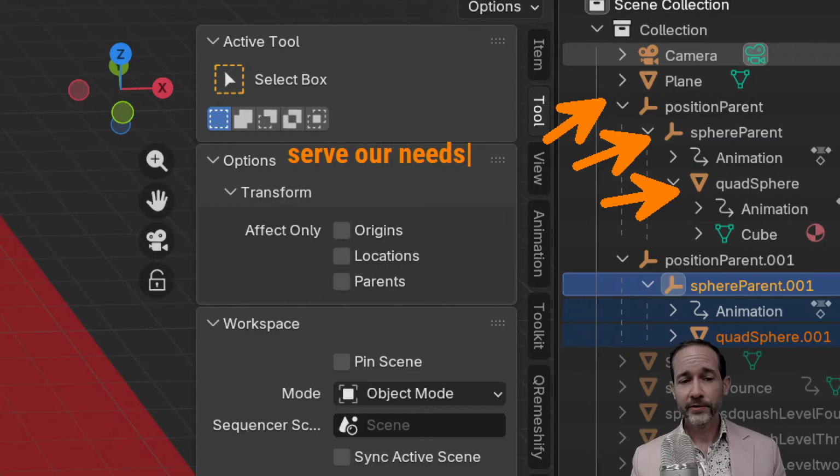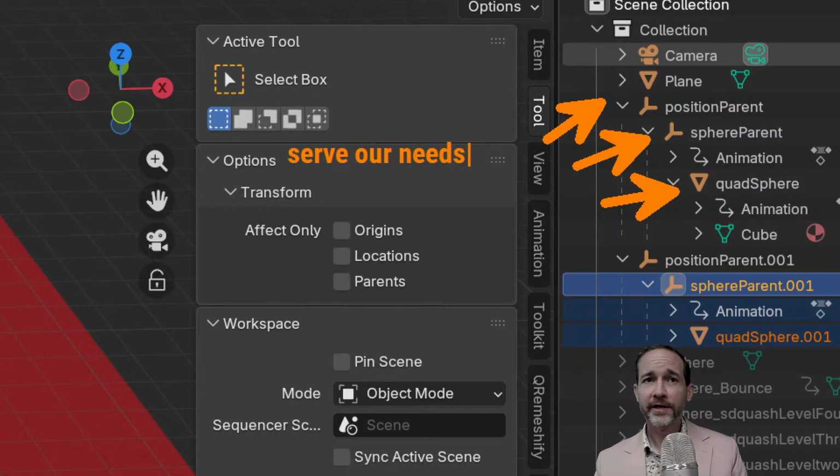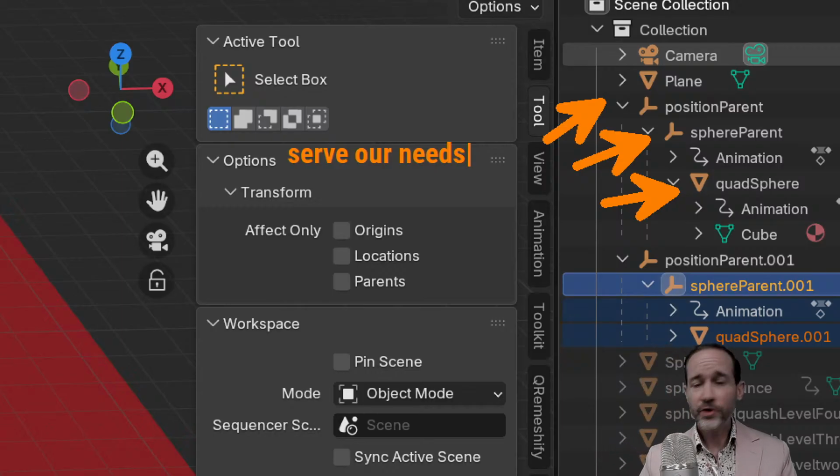And so we knew we wanted to do a squash and stretch. We knew we wanted to move the ball across. We knew we wanted to rotate the ball. We incrementally changed our rig to make those things possible. No more, just enough, right? And that's allowed us to do this in some sort of relatively efficient way. Time-wise, like efficient, not for the computer, efficient in terms of us understanding and executing what we're actually doing.